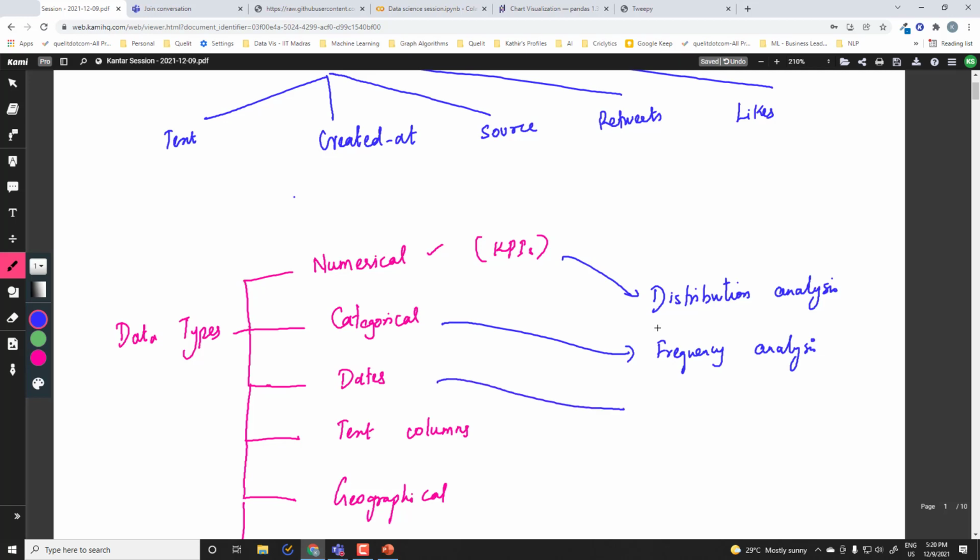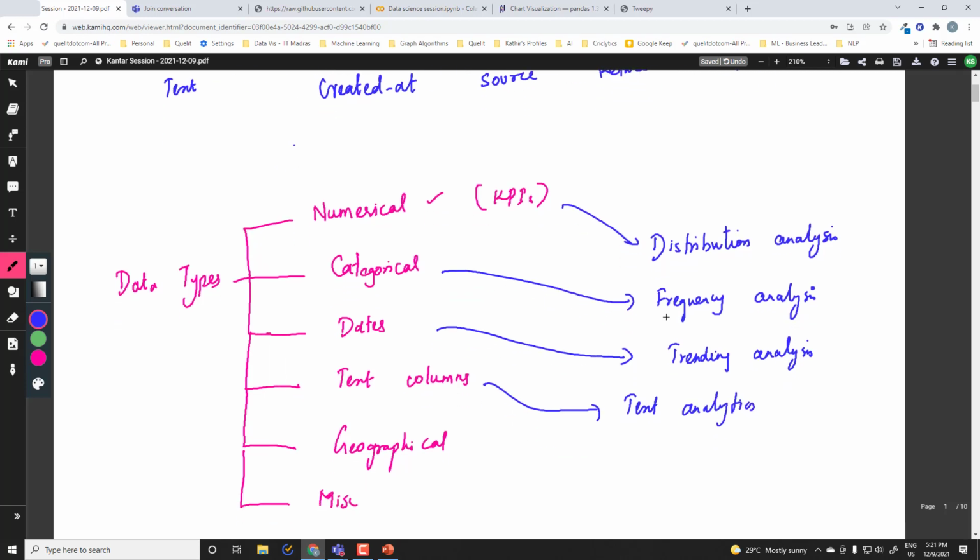So when you have date column, we used to perform trending analysis. And when you have text column, of course, you can start with text analytics. There are various text analytics techniques that are available. If you have geographical column, location analysis, demographic analysis, etc.